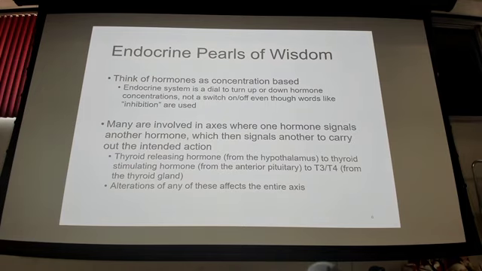And this is what I was talking about, just so I can mention, right? Alterations of these axes. So you have a hypothalamus that creates a hormone that stimulates the production of a hormone in the pituitary that then acts upon the thyroid gland or the adrenal gland or somewhere else, right? And those permutations are endocrinology, figuring out where that's happening. Is it a pituitary problem? Is it a hypothalamic problem? Is it a problem of insensitivity in the thyroid? We're not doing that in here, okay? That is what endocrinology is. So here, we just need to figure out where it's coming from, what it's supposed to do. Fair enough?